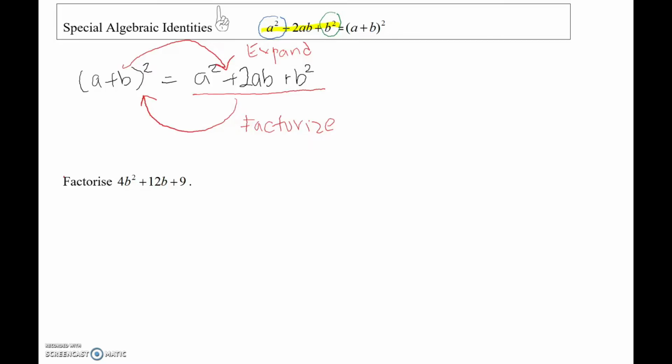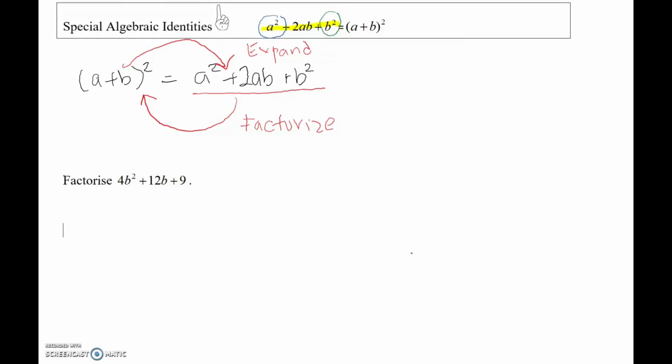So let us take a look at an example on how to factorize 4b square plus 12b plus 9. We notice that for this expression, there are three terms such that the first term and the last term are perfect squares. So before we can find the values of a and b to be substituted inside this first algebraic identity, we need to square root these perfect squares. So as a side working,